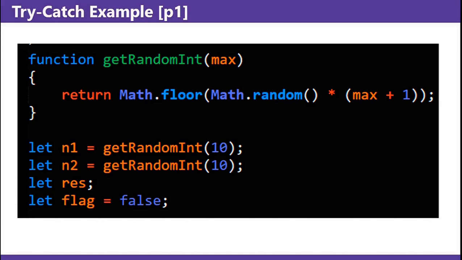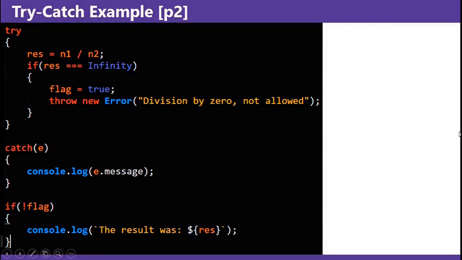You're giving yourself a function to get a random int with both ends inclusive. You're declaring two random numbers. You're declaring the result variable, which you'll see what that's for later, and you're declaring a flag that's false. And then you're doing the first random number divided by the second number. If that results in Infinity, you're making that flag variable true, and then you're throwing a new Error, "division by 0